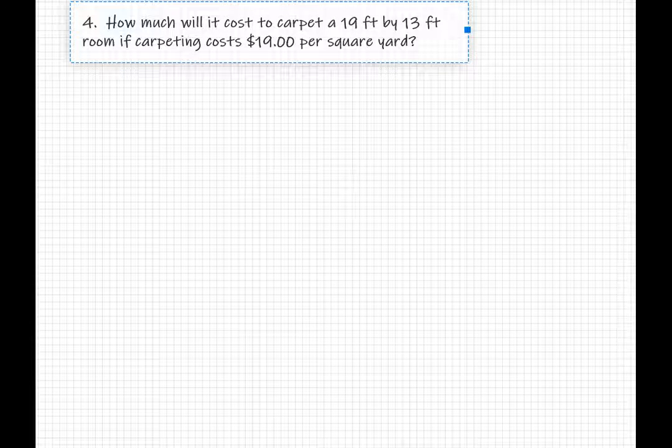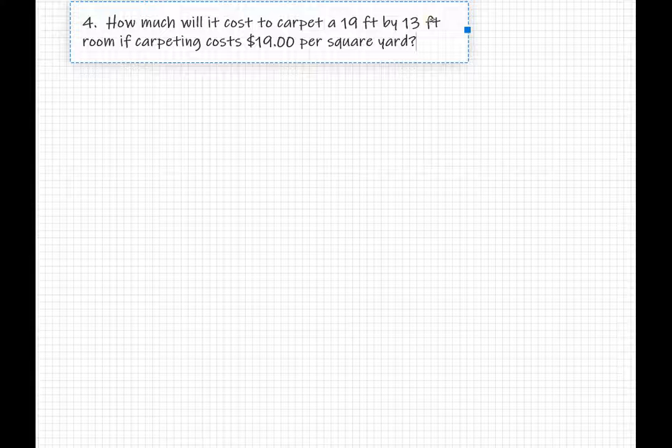Okay, how much will it cost to carpet a 19-foot by 13-foot room if carpeting costs $19 per square yard? Okay, so this is not as straightforward as it may seem at first glance, namely because we have two different